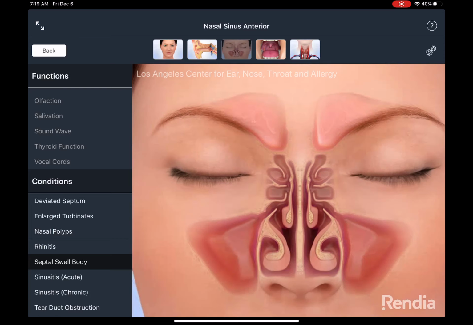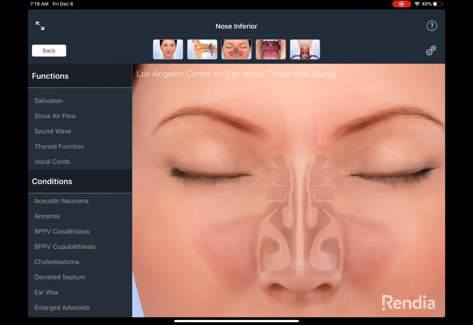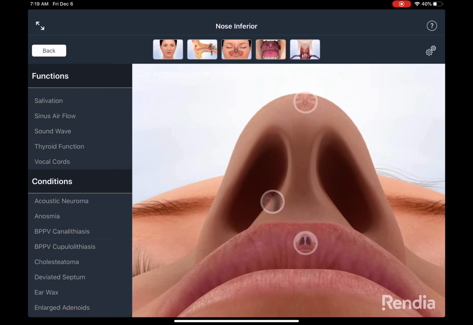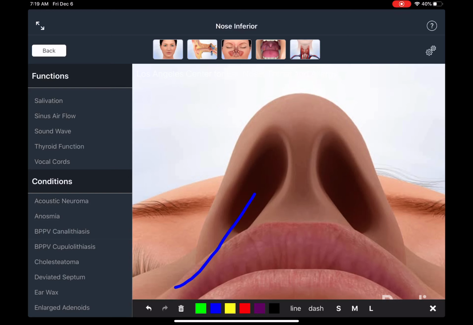On the outside of the nose, you can have multiple layers of obstruction as well. We'll start with a base view. As you can see, to start, nasal airflow has to come right through in here through the nose. So, if we have any issues there, that's going to be our first line of defense. Many people are born with a collapse of the nasal ala, such as this. This creates a very small stenosis. If you're trying to get air flowing through this small hole, you get a